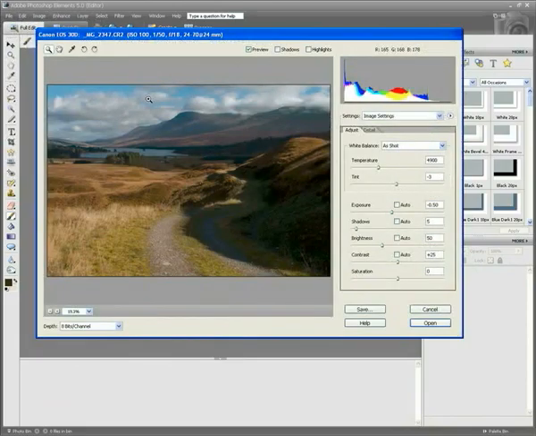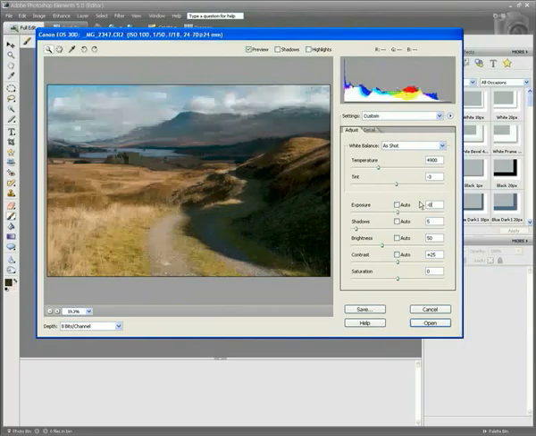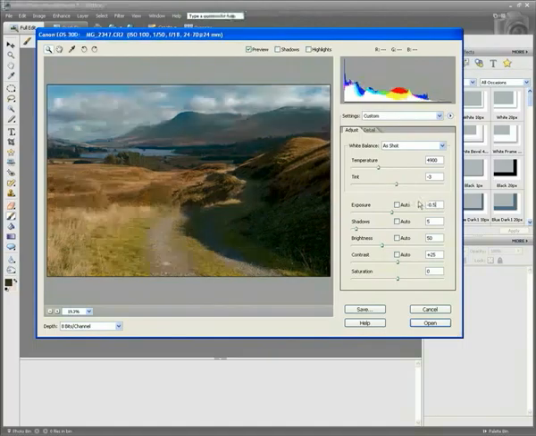Once the image is opened within Photoshop Elements or Photoshop CS, what we want to do first of all is just to open up the image with a slightly reduced exposure. So the first exposure I'm going to go for is minus 0.5, and that'll just take down the exposure of the image, and there we can see we've got quite a lot of nice detail going on in the cloud area. So now if I click open,